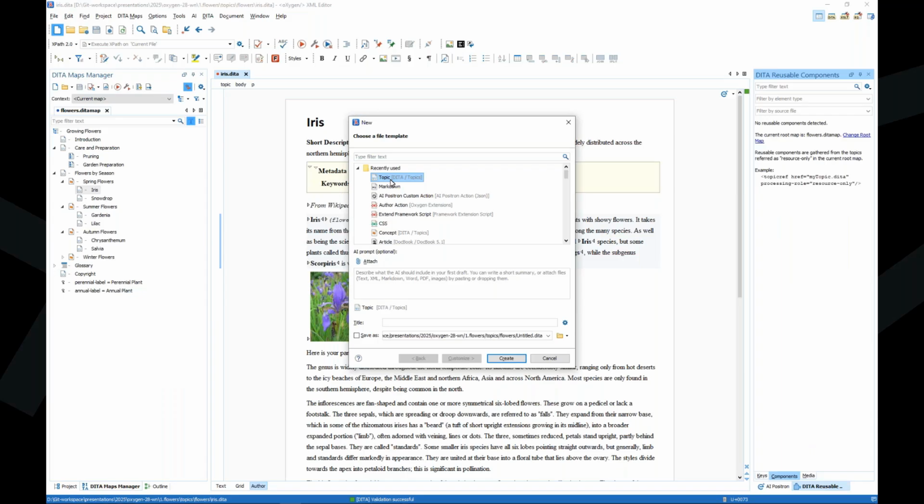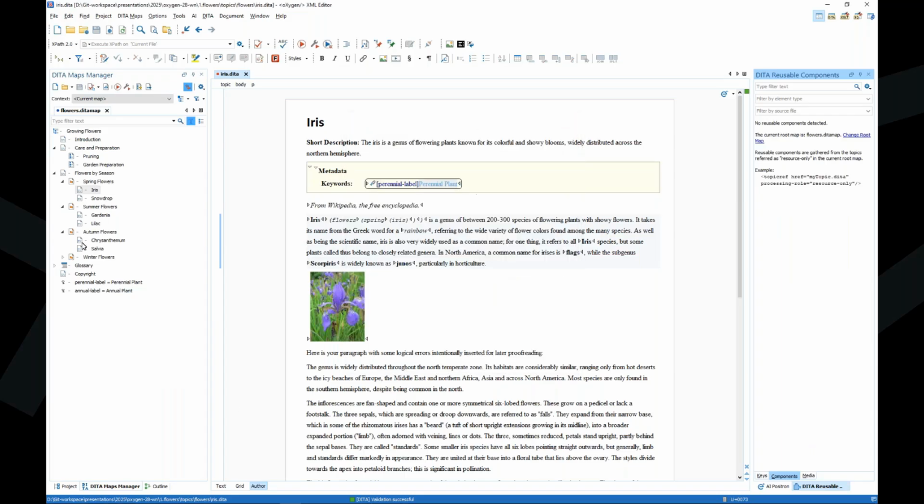It will get some hints on the elements to use and other useful information, right? So it makes sense to have the AI here in the new dialog. So you could maybe create a DocBook article, or a DITA topic, but I won't do it from here because another place in which we've